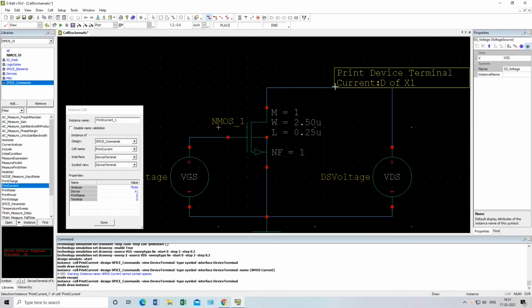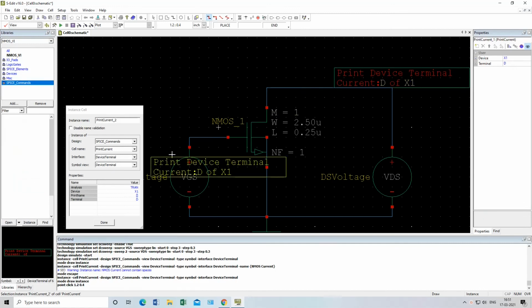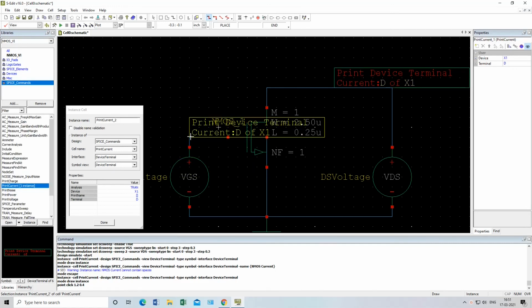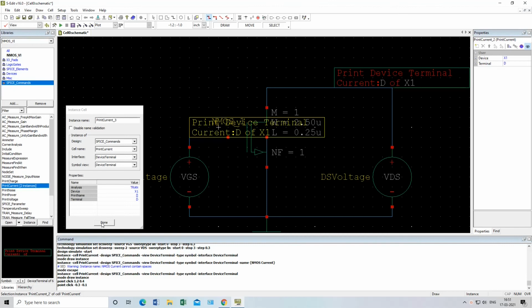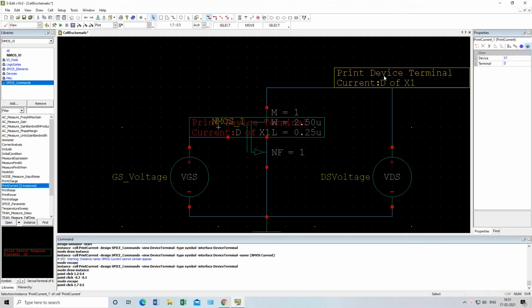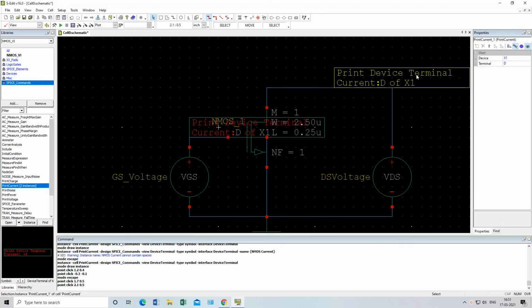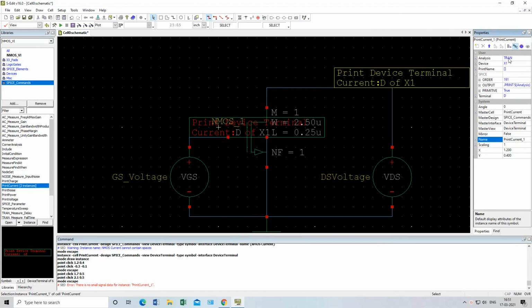And I will keep this print command here at the drain side and at the gate side also. If I want to print gate current, then I will use that command at the gate side, but here we need to use the drain side print command. And from the right side property, you can see we can change it to trans.